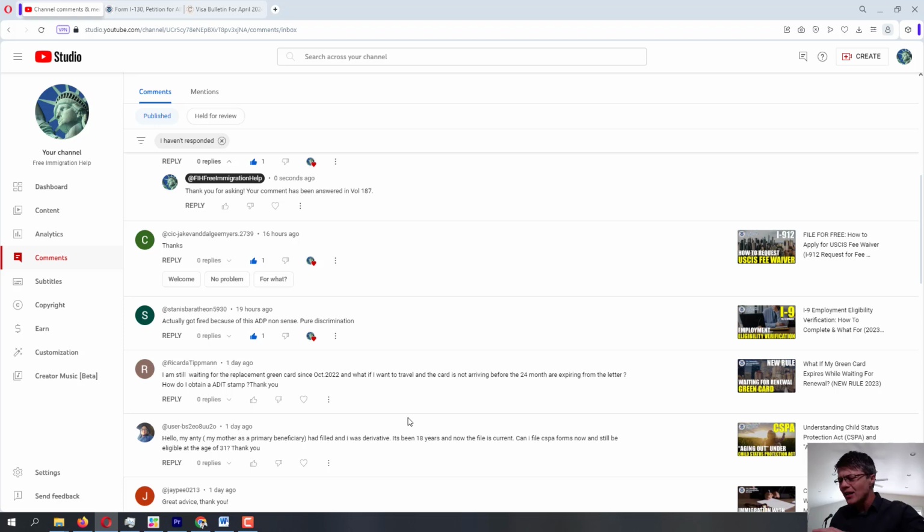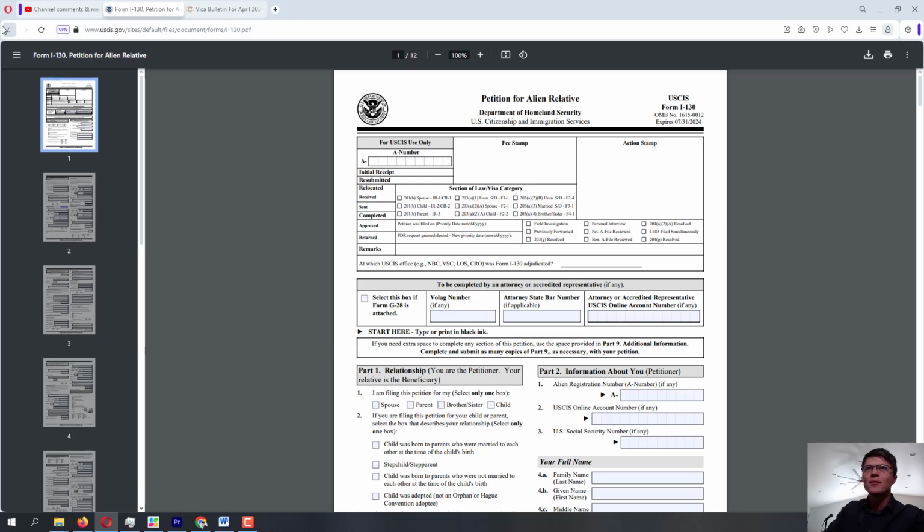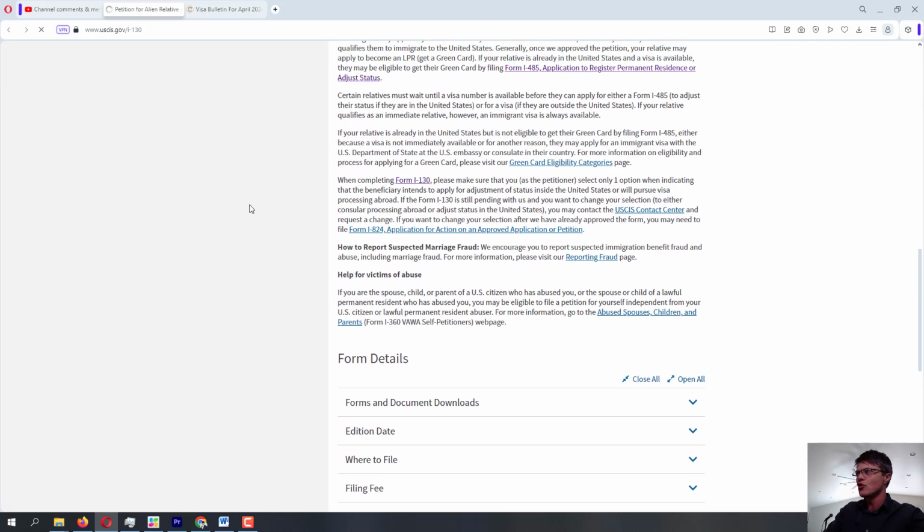or any of those little things that they can catch on to give you problems. Technically, if you want to be on the safe side, you can apply for advanced parole using the advanced parole application, which is the same application as the travel document, as a refugee travel document.